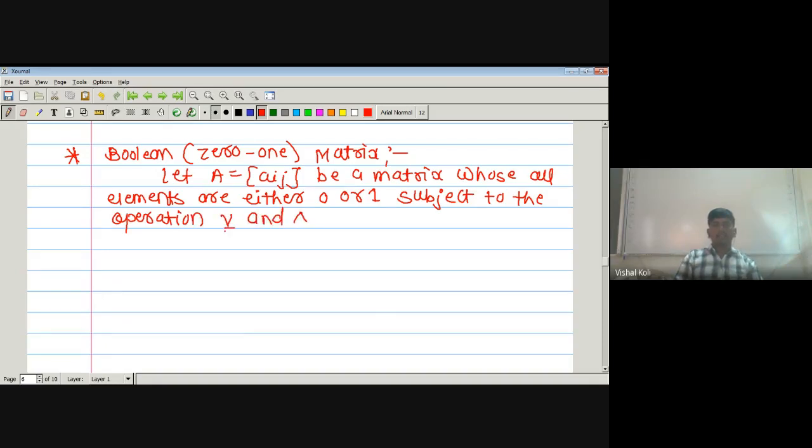Okay, this symbol is called as join and this is nothing but meet. Okay, so these are the two operations,